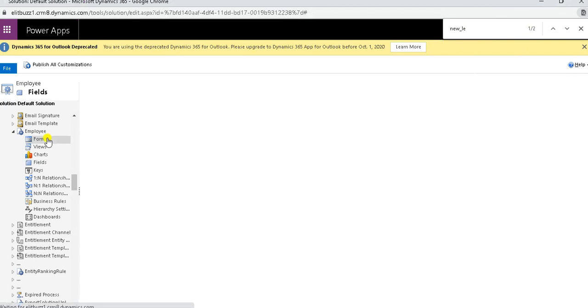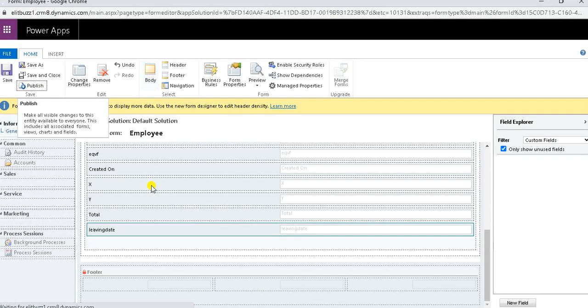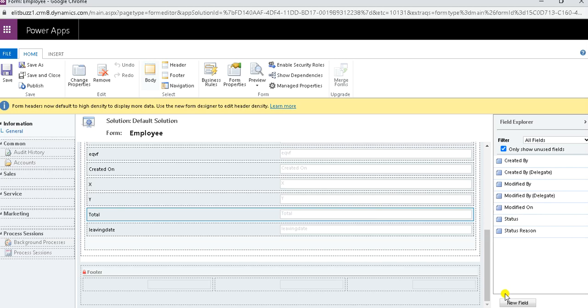Then I went to forms. I opened main form, and here I can create new field from form section. Through new field, it will have the same options which I had earlier for creating fields through entity.